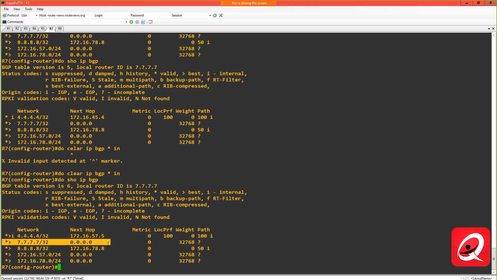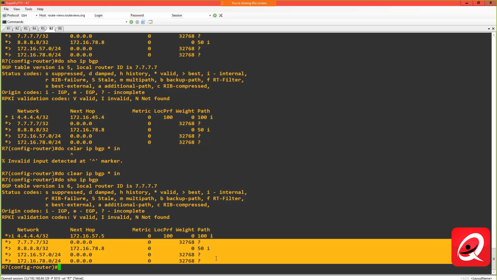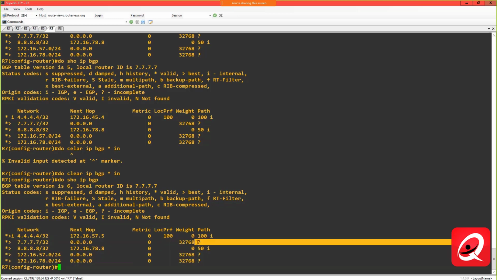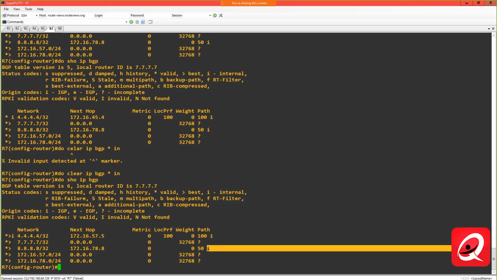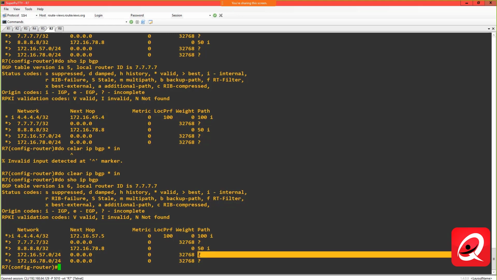Okay, so these are all eBGP routes. We can tell that because there's no I. They're all valid routes, redistributed, originated through a network statement, coming from another autonomous system, redistributed from a network originated from a redistribution statement within our own autonomous system, and that's also indicated there that we're originating that route individually. Okay,